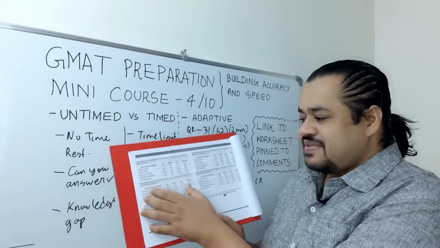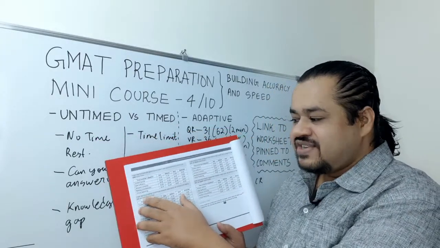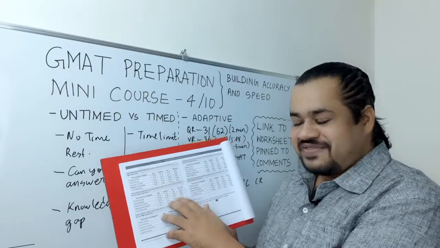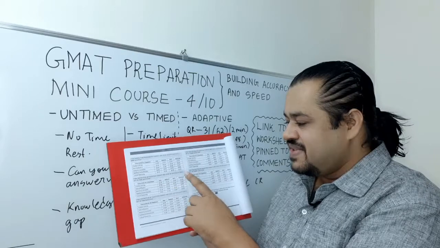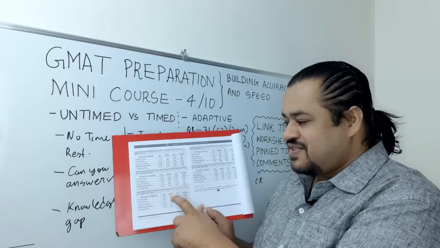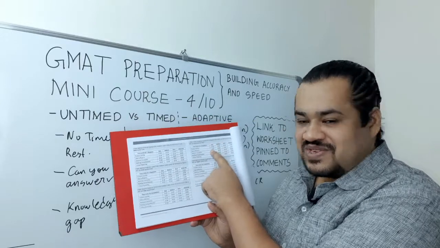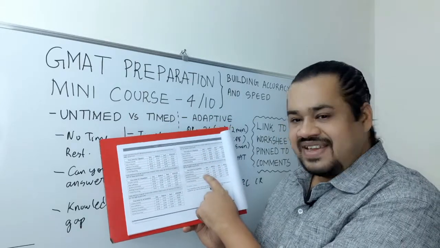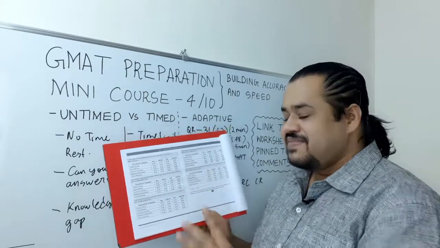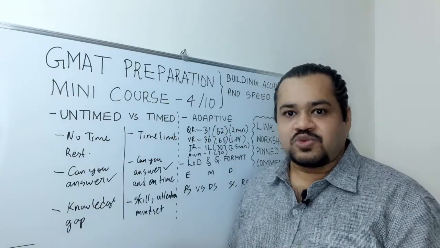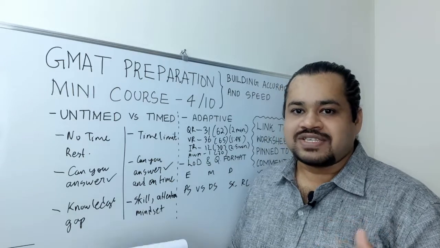In the same way, if you are practicing a set of 5 questions, then I've just multiplied this value by 5 and created this table. If you're doing a set of 10 questions, use this table. If you're doing a set of 4 questions, use this table. 8 questions, use this table. I've given this flexibility so that it works well with whatever your time block is.